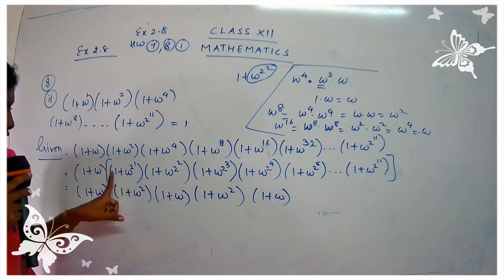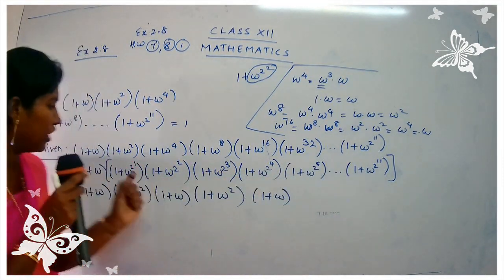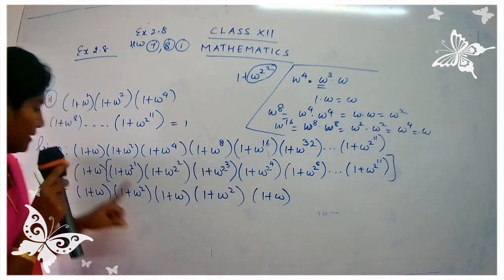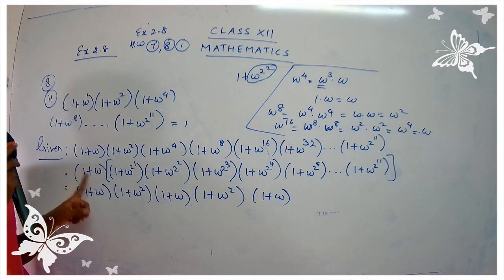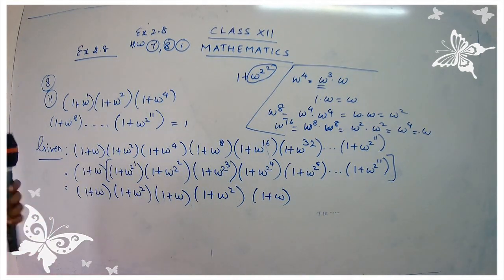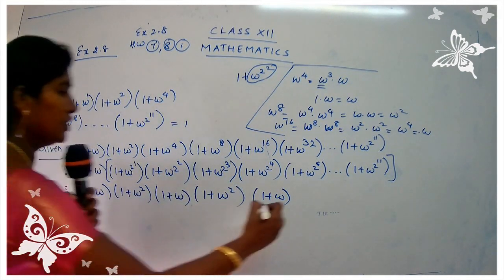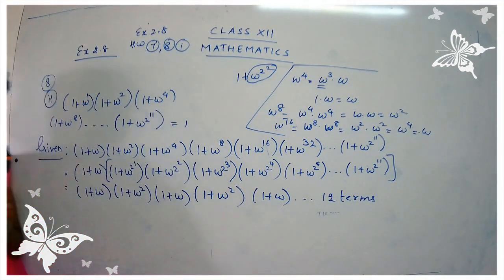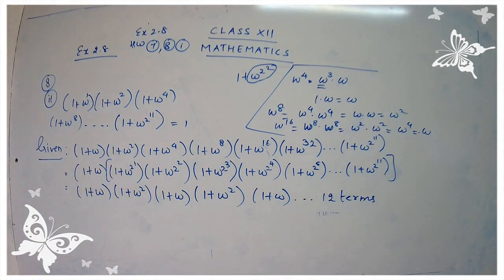That is, if I am going to count from here to here, it's from 1 to 11, I get totally 11 terms plus 1. That is plus 1 plus omega. So totally we are going to have how many terms? We are going to have 12 terms. So no need to go on writing 12 terms. I'll just put dot dot dot. And how many terms are going to be here? 12 terms. Mention 1 plus omega, 1 plus omega square, again 1 plus omega, 1 plus omega square, again 1 plus omega. It goes up to 12 terms.